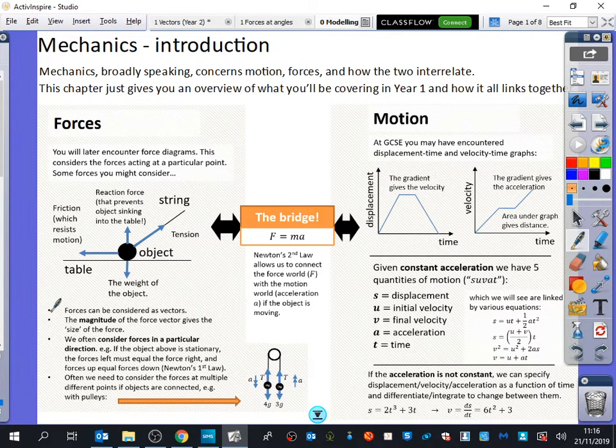Things that we need to notice here is forces can be considered as vectors. We talk about magnitudes of force vectors to get the size of the force. That's what we were just looking at. And we often consider forces in different directions because that will help us to work out what resultant forces are. We then might look at some situations where we have things that are connected together like this. I'm sure you've seen some of those scenarios with things on a pulley. We're going to make that a little bit more year 13,